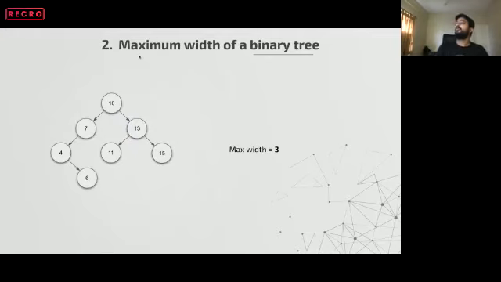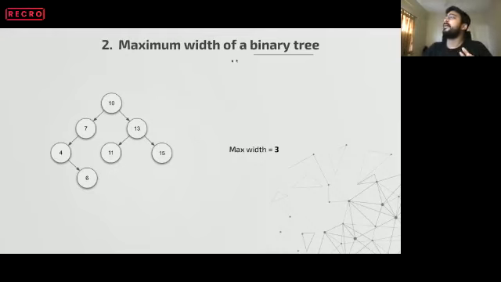So there's a problem, maximum width of a binary tree. Okay, so this is again a very standard problem, and the idea today was to not have difficult problems, because it's a very beginner session and we don't want to go into such questions where you will have doubt if you have understood tree or not. So this is a very simple example of level order traversal.